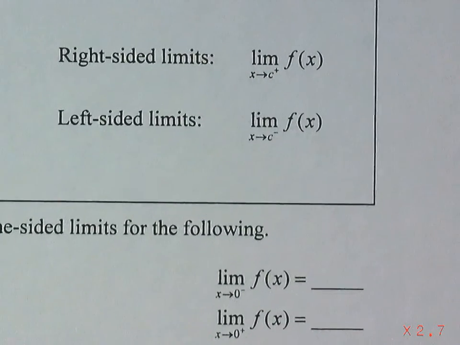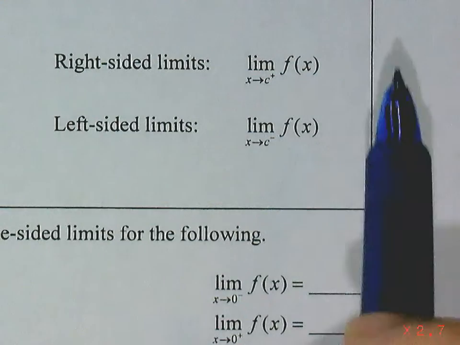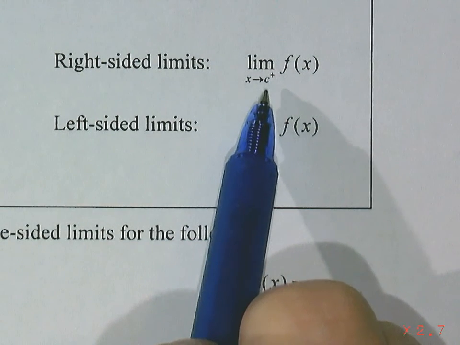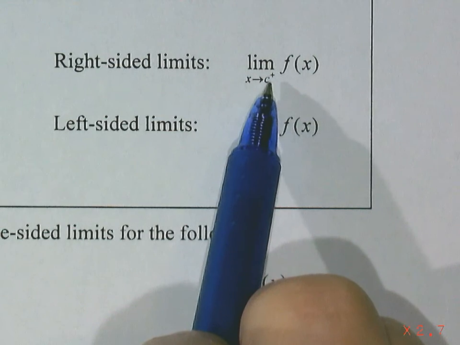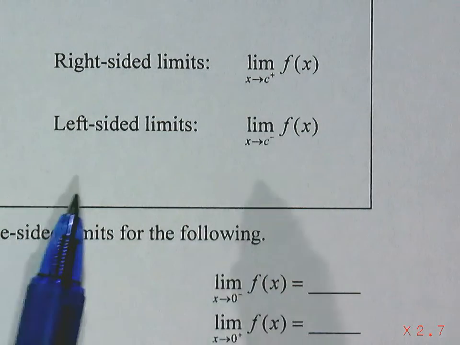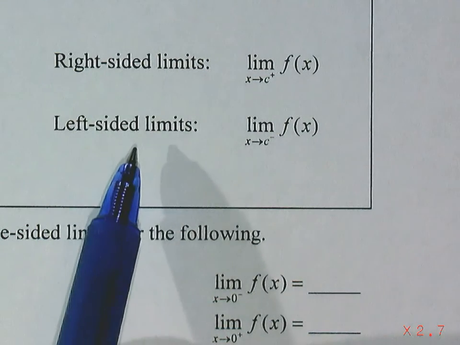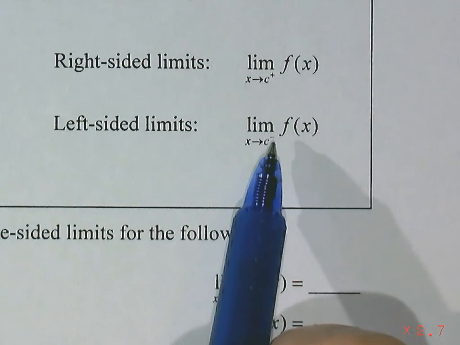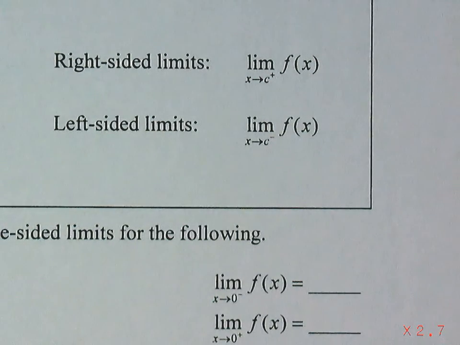You have to be very careful. A right-sided limit is written as the limit as x approaches c, that will be some number, from the right. That little plus sign as a superscript means it's from the right of a function. A left-sided limit would be written as the limit as x approaches c from the left side, with a little minus sign as a superscript. So I'm going to look now